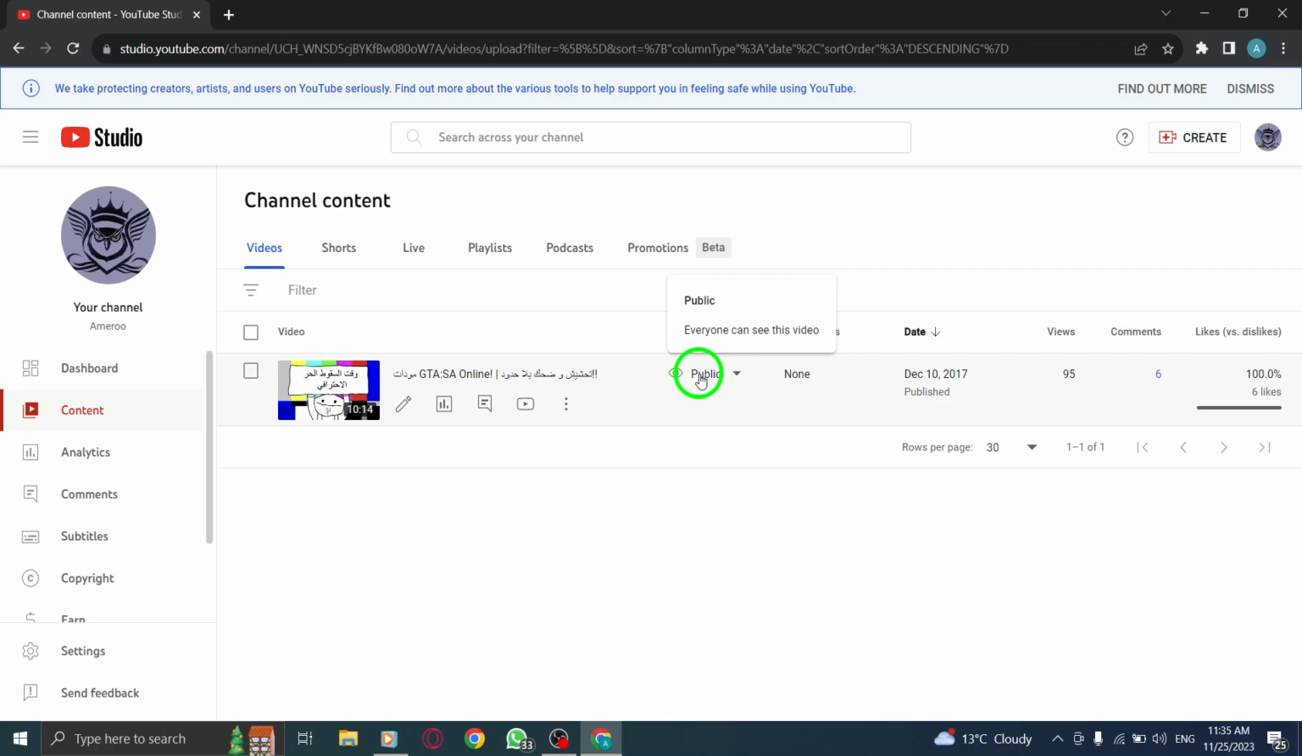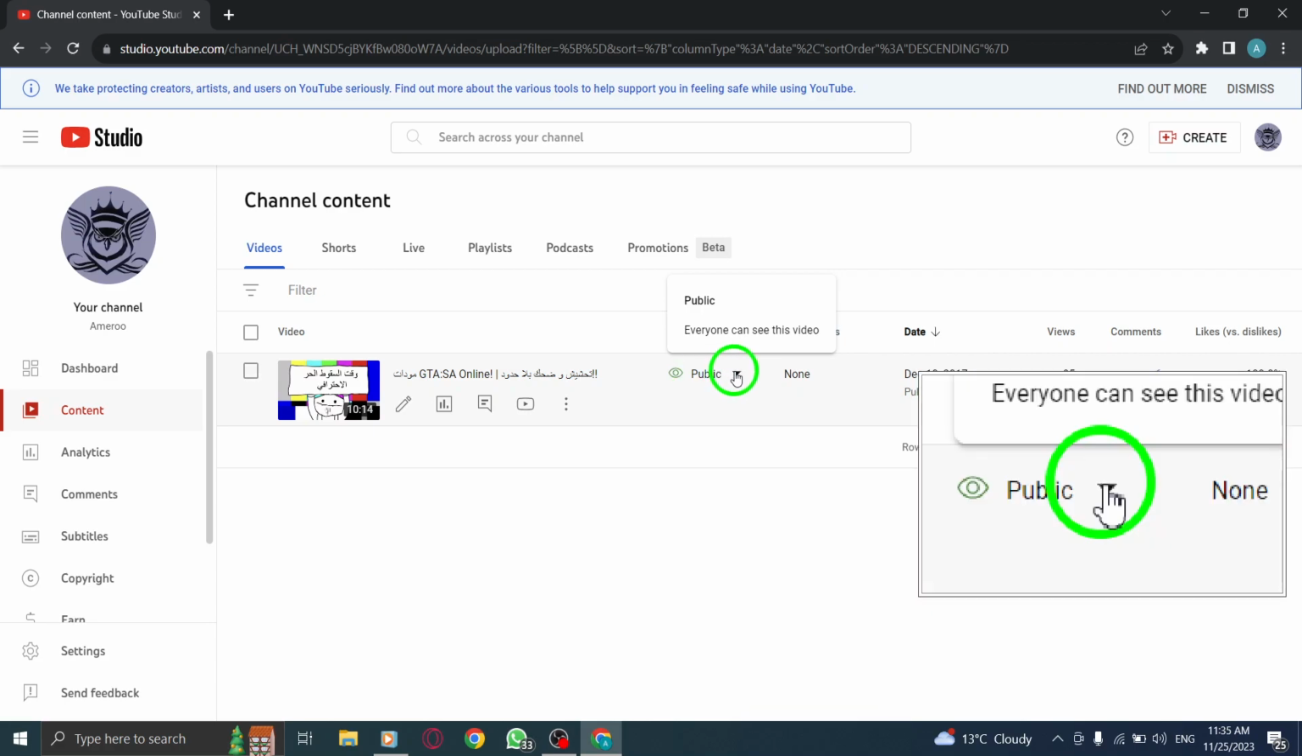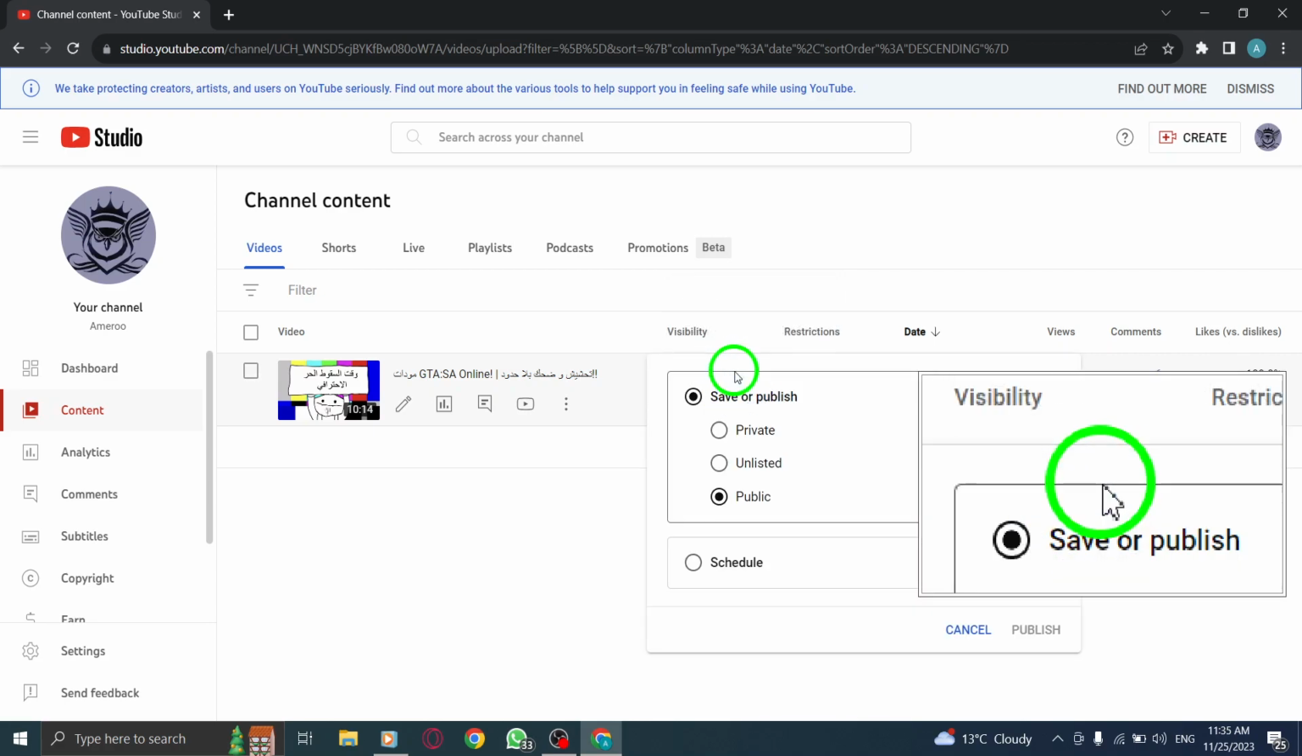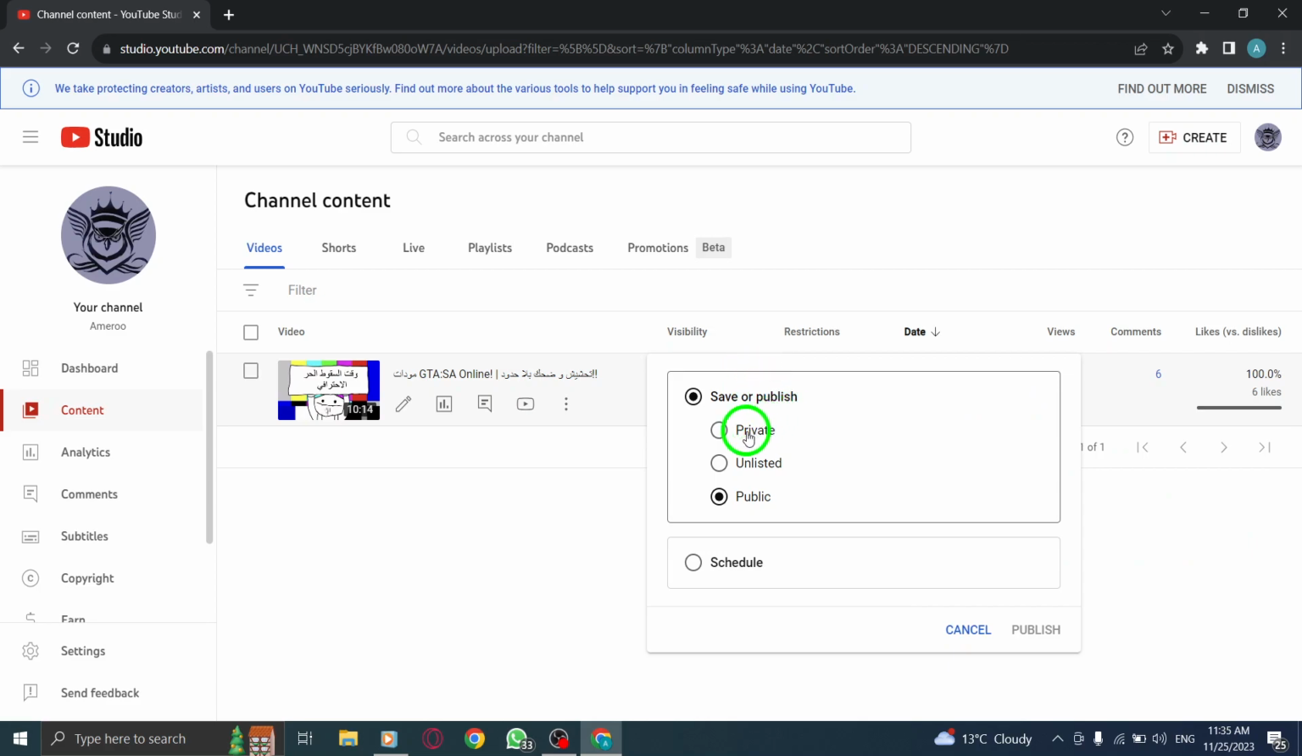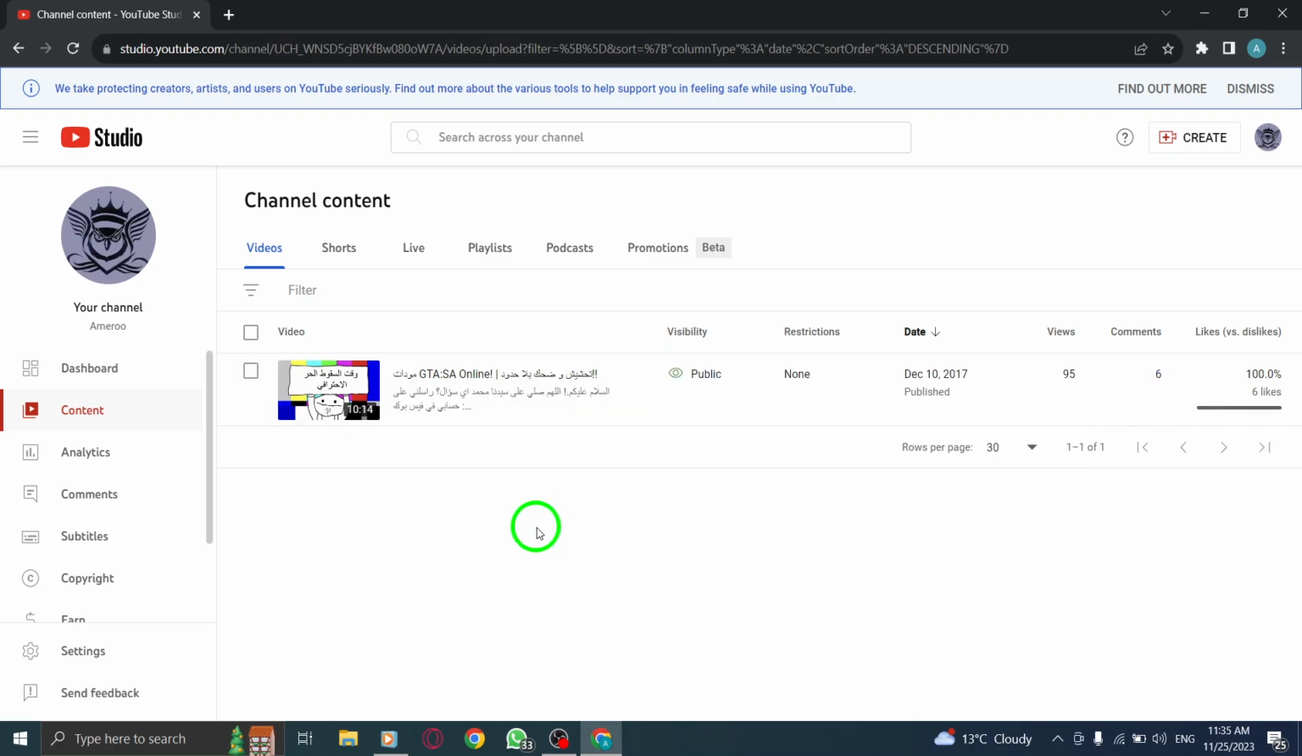Step 4. Click on the arrow. To change the visibility of a video, simply click on the arrow icon located in the visibility bar. This will open a drop-down menu with different visibility options. That's it. By following these 4 easy steps, you can easily change the visibility of your YouTube channel videos on